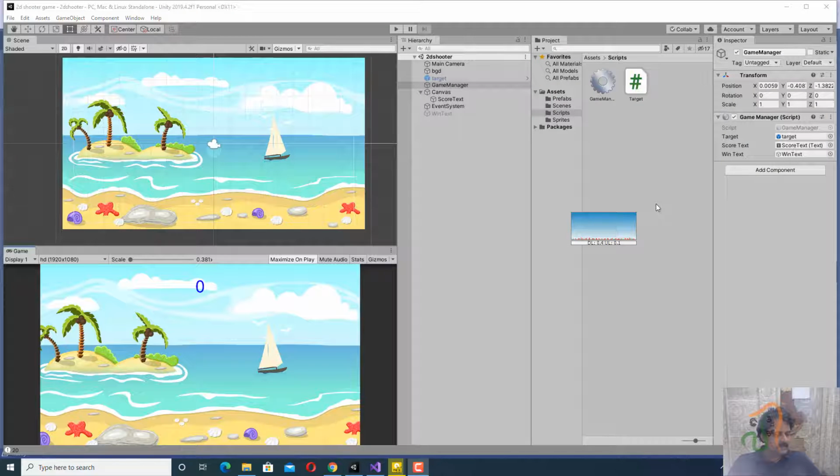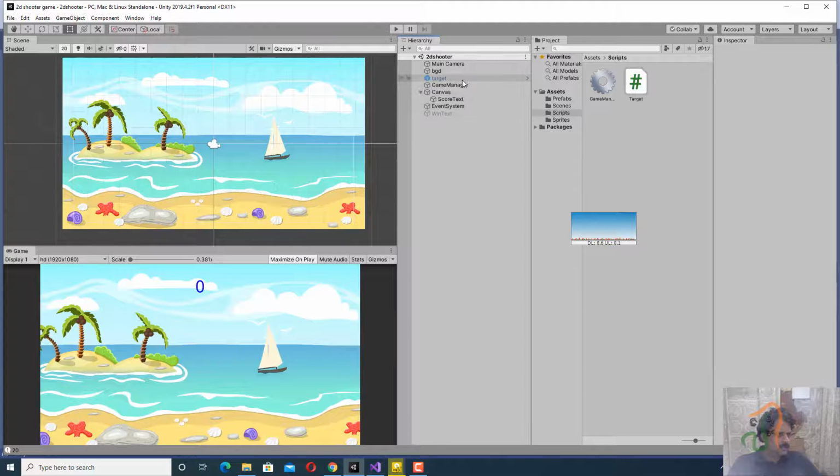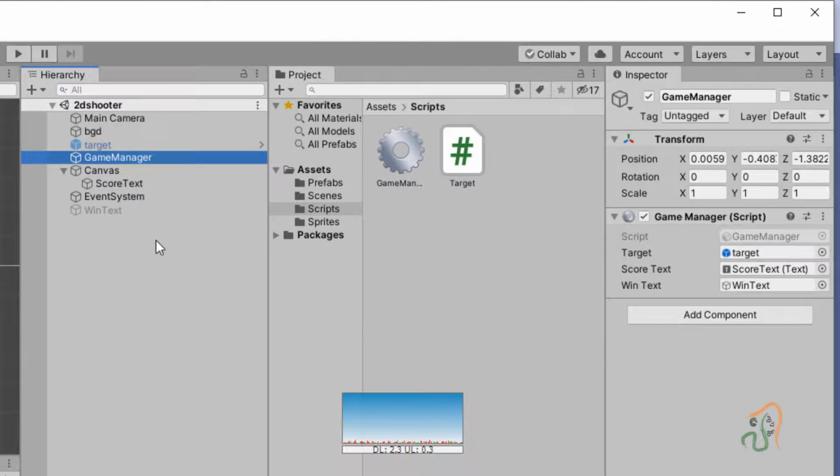Now with the game running successfully, the last part that we want to do is add some sound effect, so that whenever you are firing with your mouse, whenever you are clicking, we add a shooting sound. To add this sound, we are going to select the GameManager and add audio.